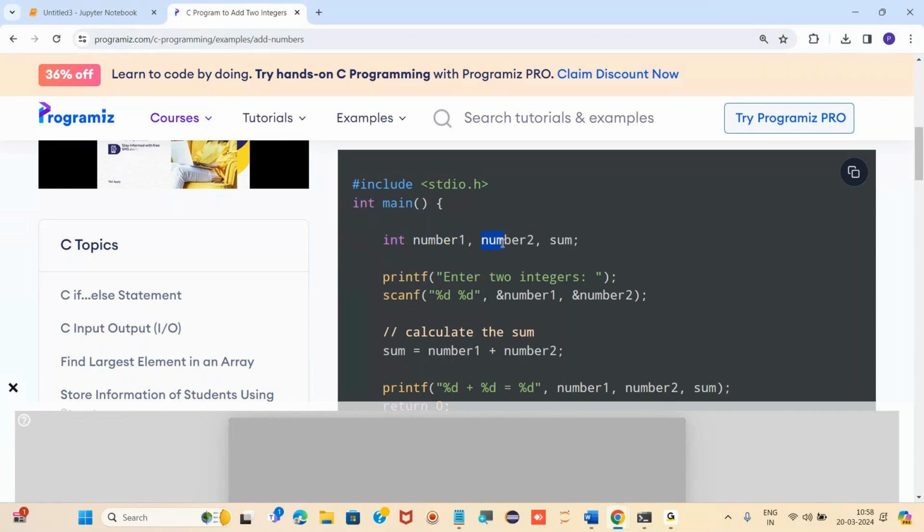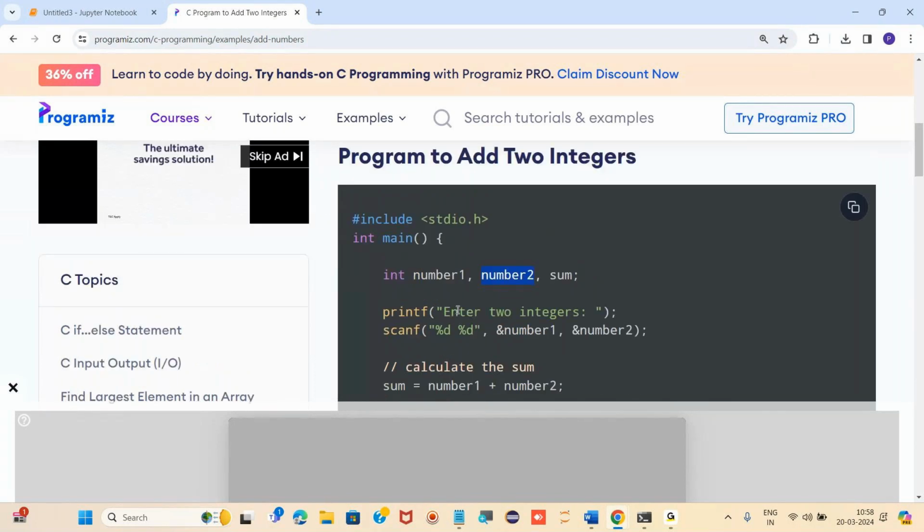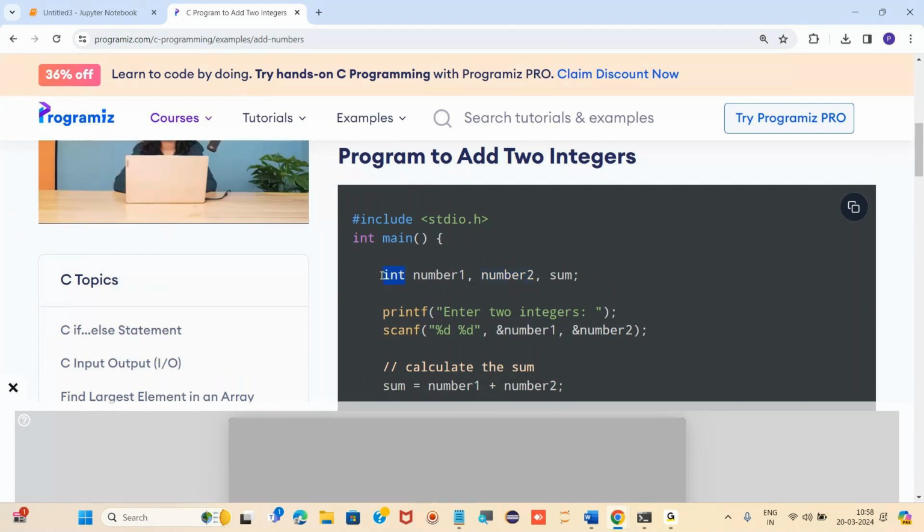This kind of language is known as static typed language. C++ and Java are static typed languages, where we have to declare the data type before writing the variable.